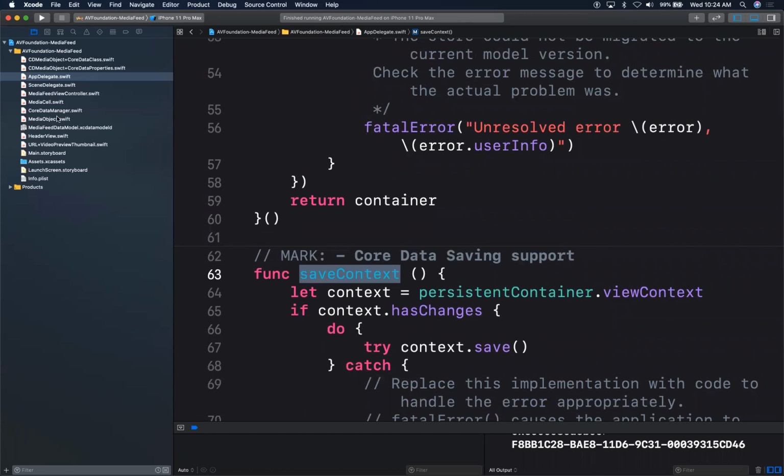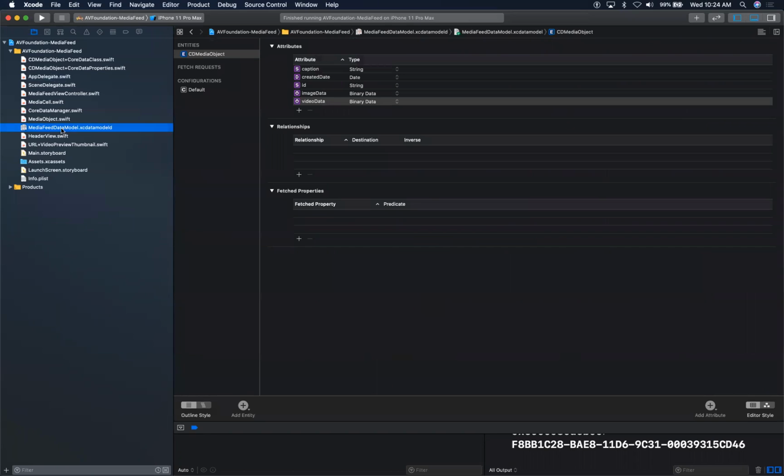The second step was to create a data model, a core data model, which we created yesterday. And we added 1 entity right now. It's called CD Media Object. This entity has some attributes as well. It has some attributes: a caption, created date, ID, image data, which is binary data, and video data, which is